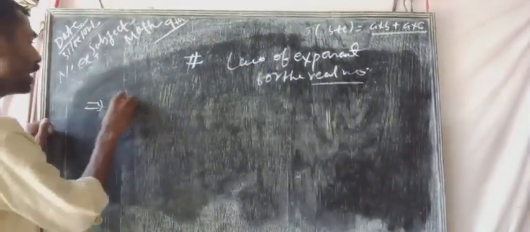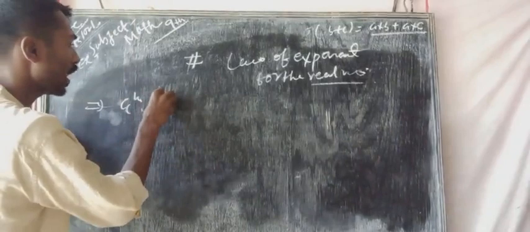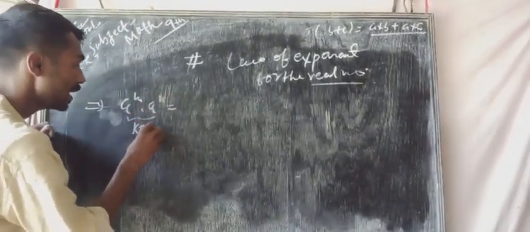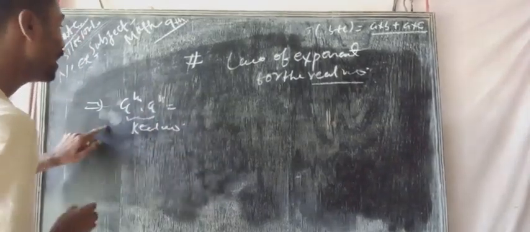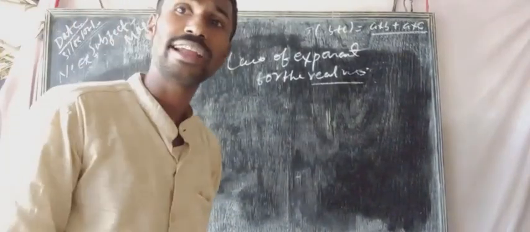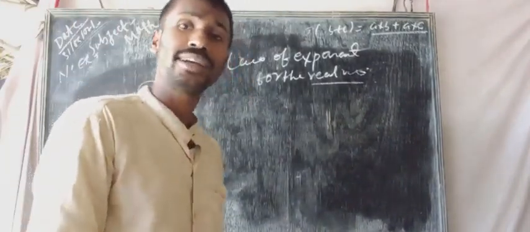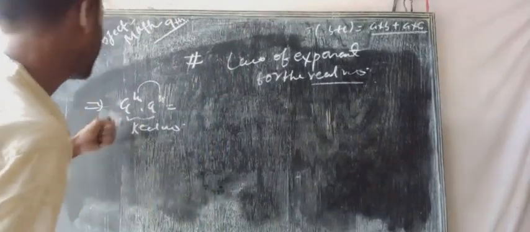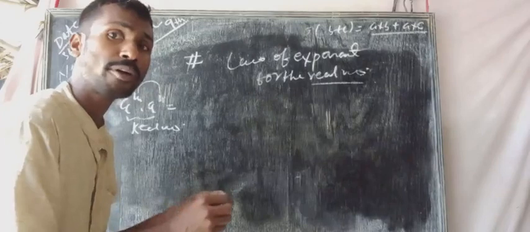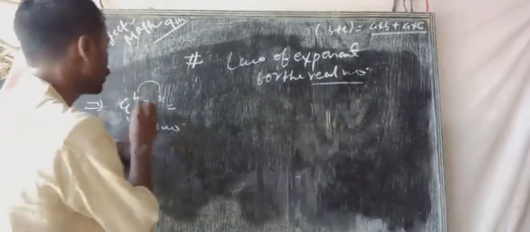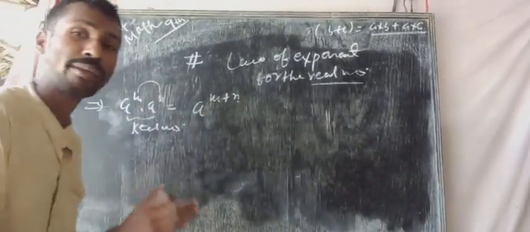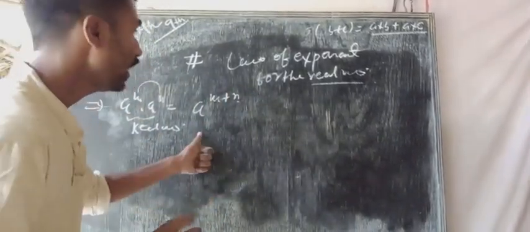Suppose that, as we know, a to the power m and a to the power n, where a is a real number and the power is also a real number, maybe an integer, doesn't matter whether positive or negative. As we know, when the base is equal, the power should be added in case of multiplication. Now the result is a to the power m plus n. A similar rule we can apply in case of integers.